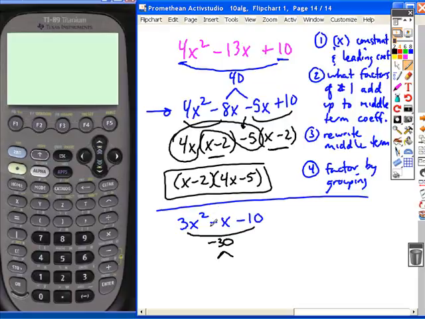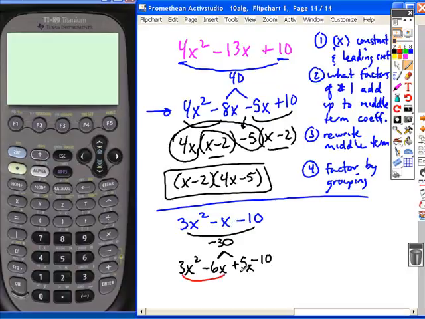Negative 1. Negative 6 and positive 5. Right? Those are two numbers whose product is negative 30 and whose sum is this middle term. And so if we drop down the first and last term and rewrite the middle term as the sum of these, so negative 6x plus 5x,